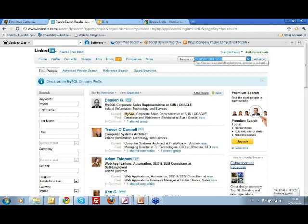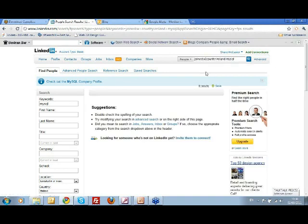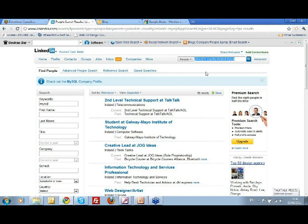And one of the most useful ones is joined. If I say joined:W, that means show me all the people that have joined LinkedIn in the last week. Okay, I don't have the last week. Let's try the last month, which is M. Okay, and I've got 10 results of people that have joined LinkedIn in the last month whose country is Ireland, and they've got MySQL on their profile. So that's a really useful way of being able to narrow down your search and see new people that are